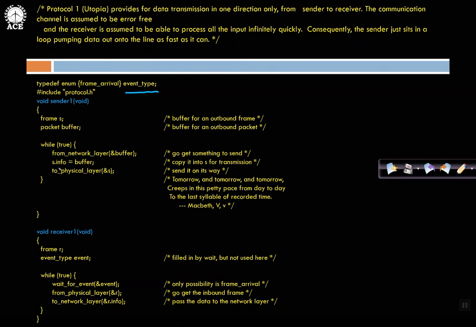Put the buffer in the frame as .f, as .info, and to physical layer ampersand s. Comments are also very clearly shown. Buffer for an outbound frame, outbound packet. Go get something to send. Copy it into the frame, send it on its way, and it keeps on working like this, keeps on looping